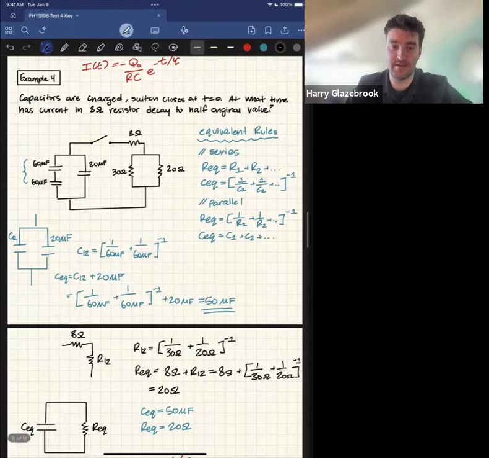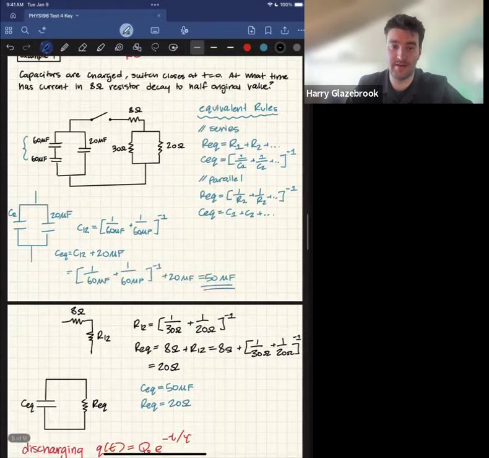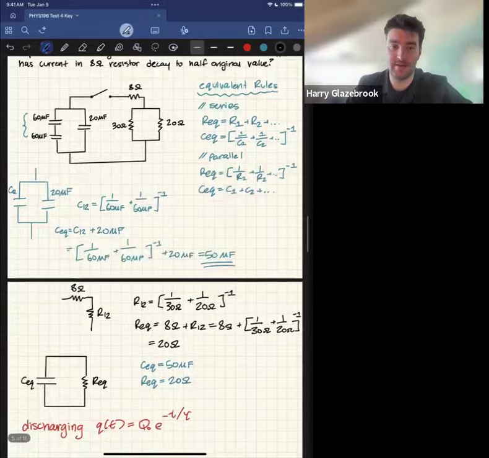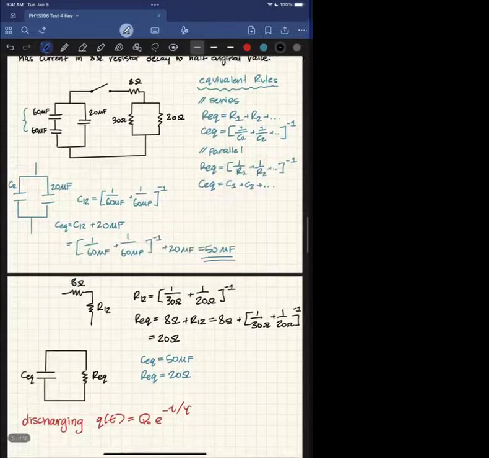So I'm going to start with our C equivalent, R equivalent. I'm going to find the time constant. So tau,